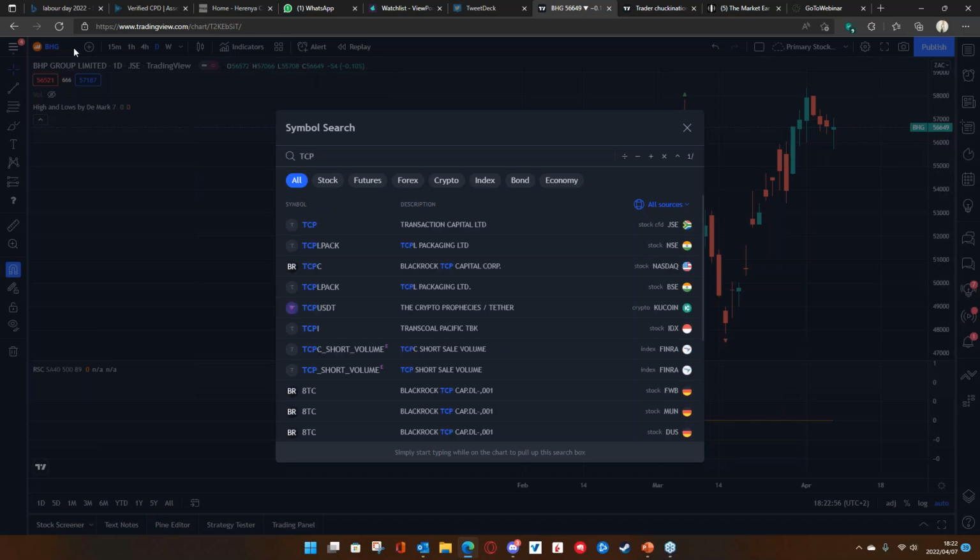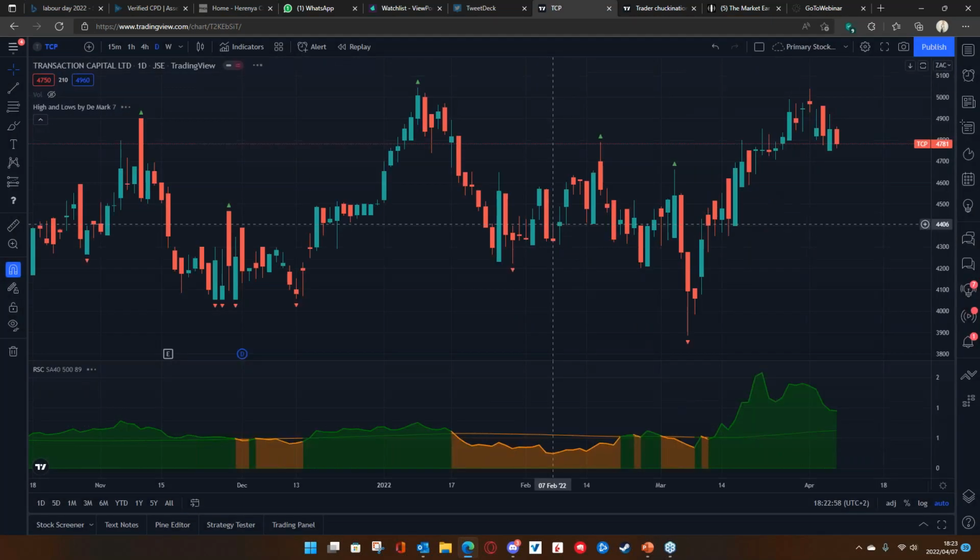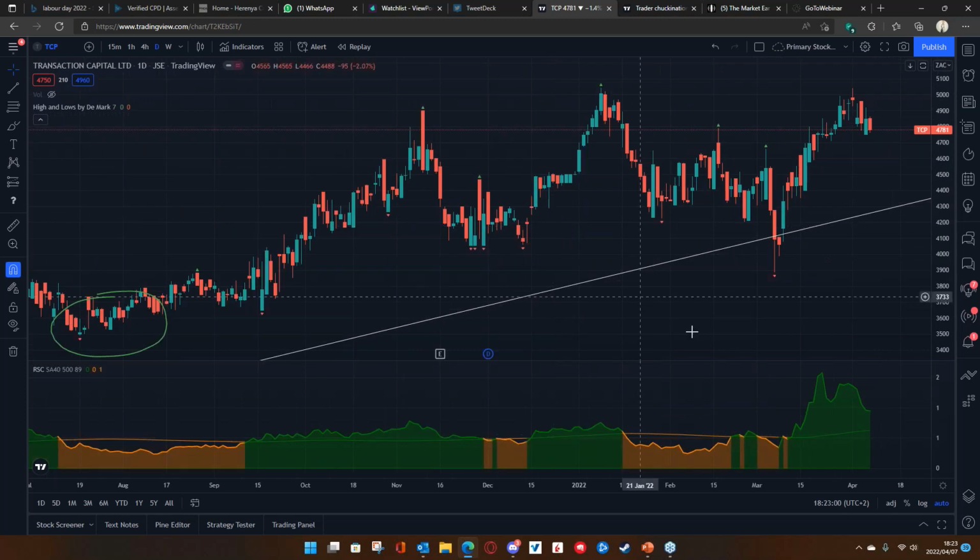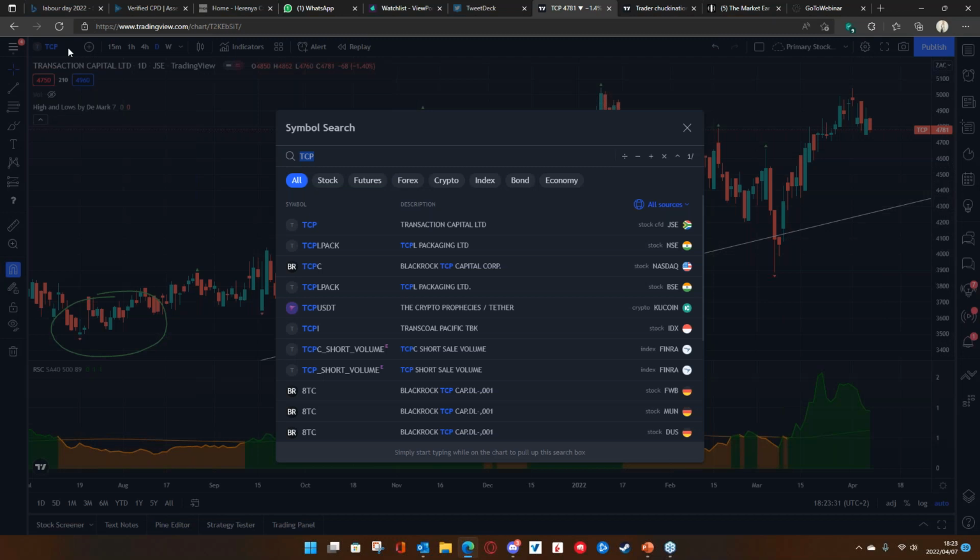Let's use TCP, Transaction Capital. Cool. So we can see here that Transaction Capital has long periods of relative outperformance versus the index. And even here, early March, we can see a very, very strong relative outperformance versus the South Africa 40 index, or the top 40 index. So we're using 500 days of data and putting an 89-day moving average on it. This is a stock that, if the market gets a bit wonky and volatile, is one we can keep, right? Then you compare that to something like